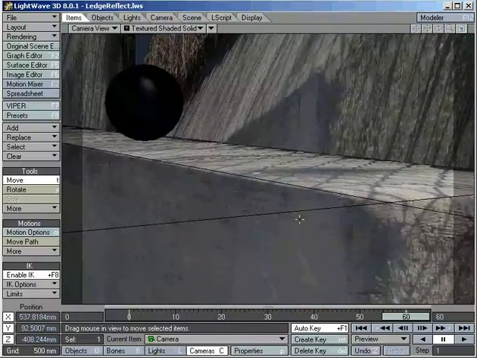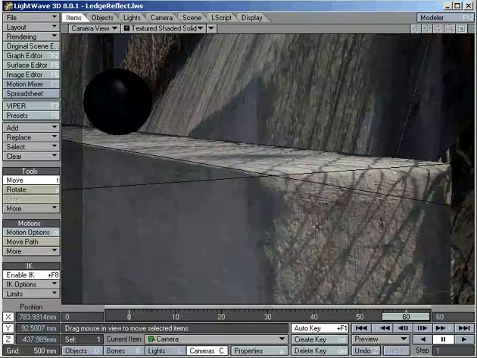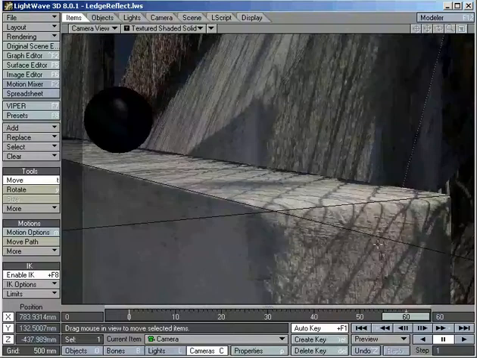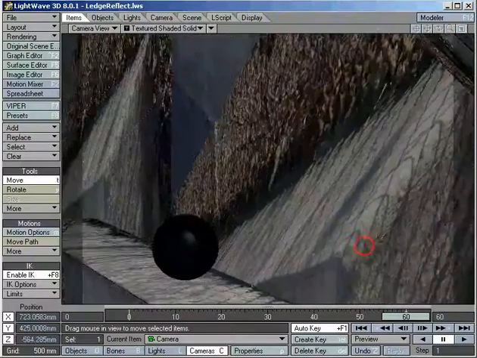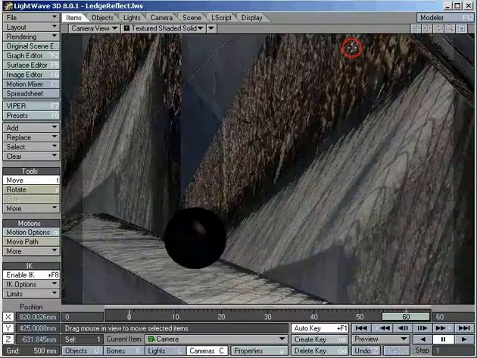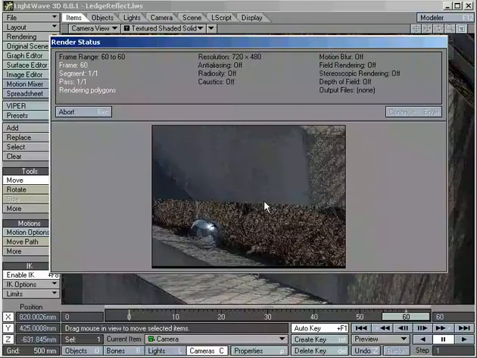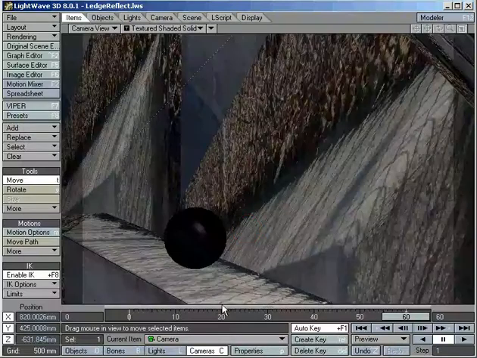Now, this does not mean you can go flying into windows. The amount of resolution you have is dependent on as big an image map as you have. And it's going to also fall apart if you go beyond the original image. For instance, if we go too high or too low, let's turn off our anti-aliasing so we can get a fairly quick render. See, we ran out of image right here. You can't do that. However, if you stay within your confines,